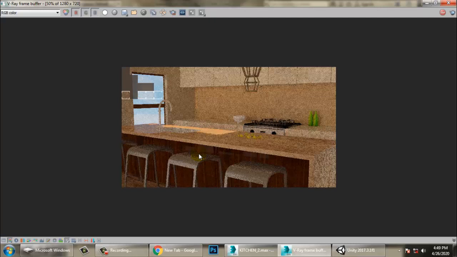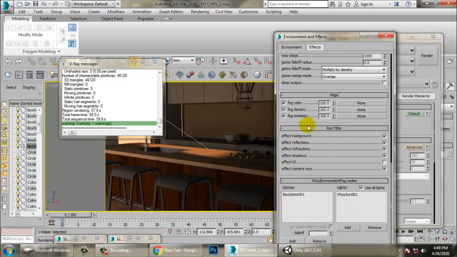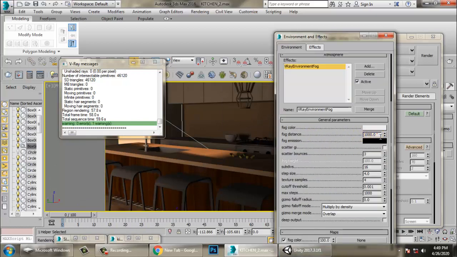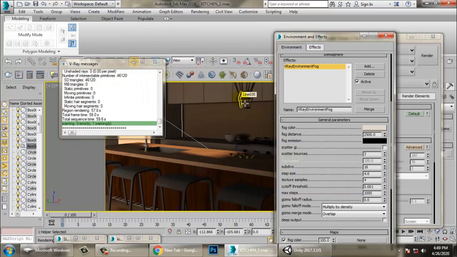So you can just work a bit on this option over here. Let's make it as 2500 and let's give a bit of a fog color to it. So you can just increase the fog height.